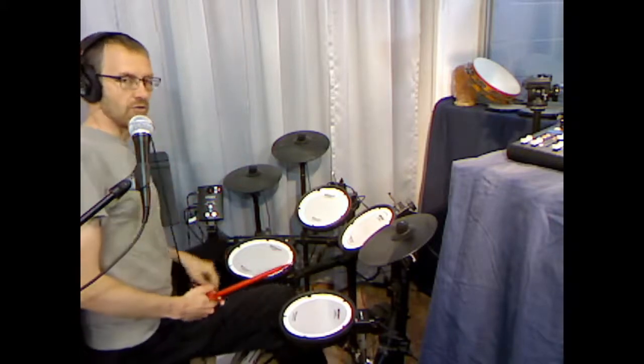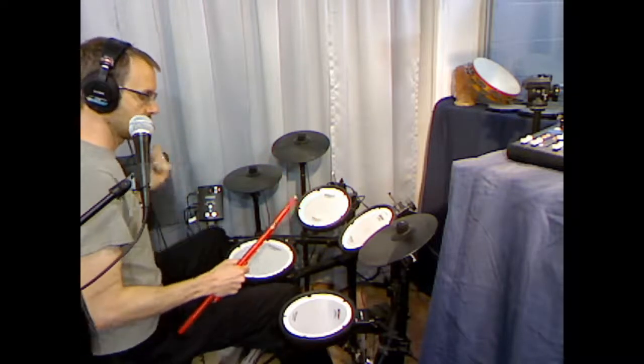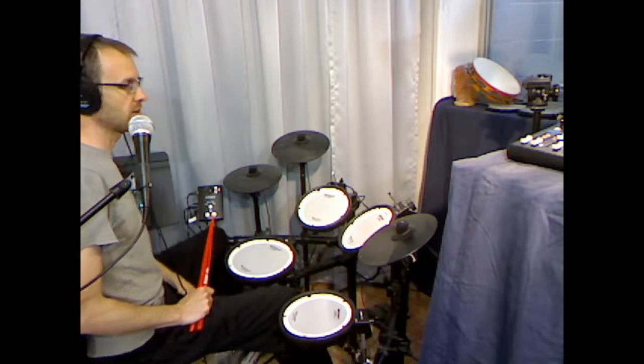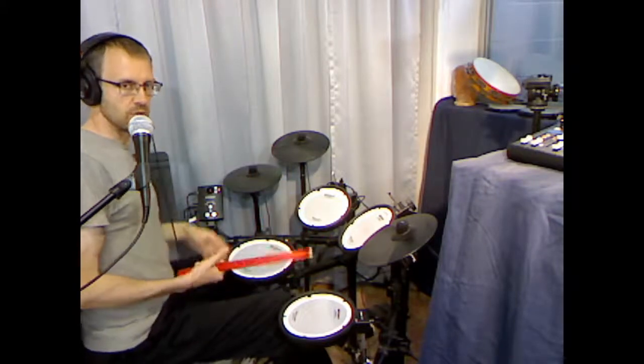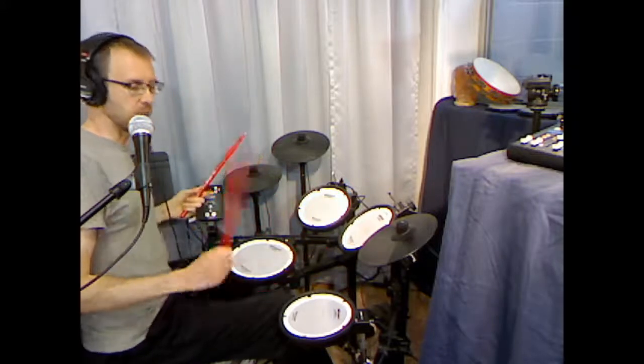And if you find it difficult to do the bass drum while the left foot's coming up, because that's basically what's going on, 1 and a 2 and a 3 and a 4 and a 1. If you find that tricky at first, well, of course, slow it down and make it simpler to do. You can get it down, but an easier way to get a bass drum sound would be just play a